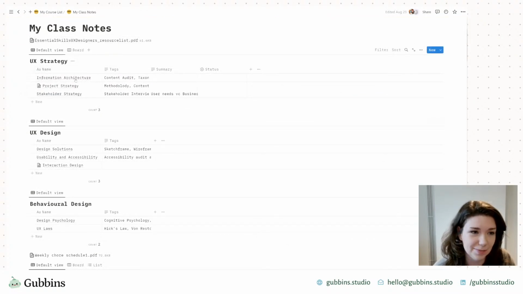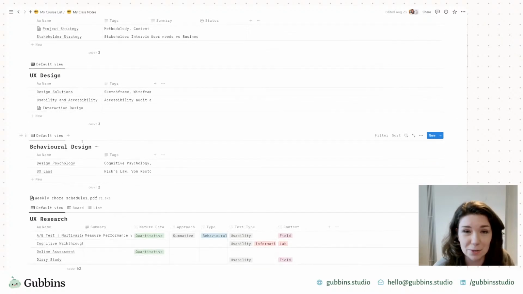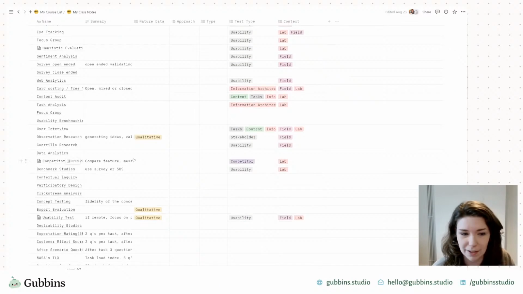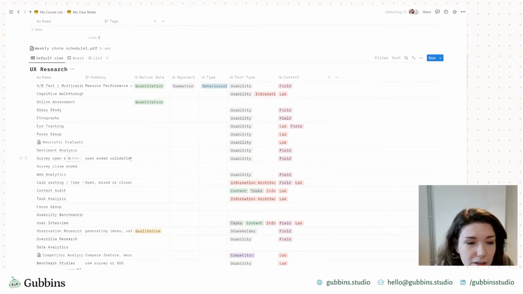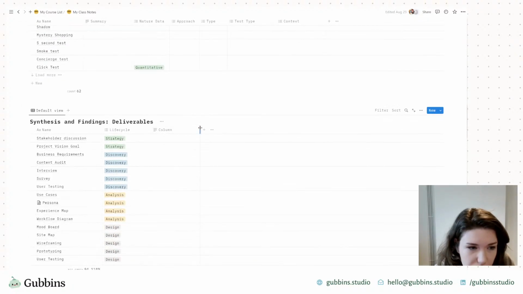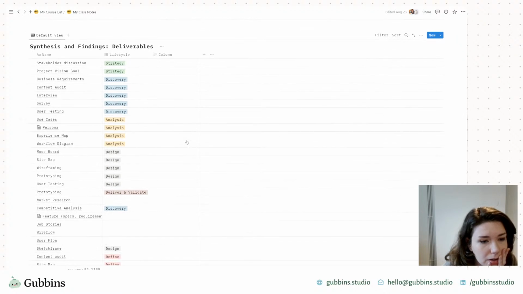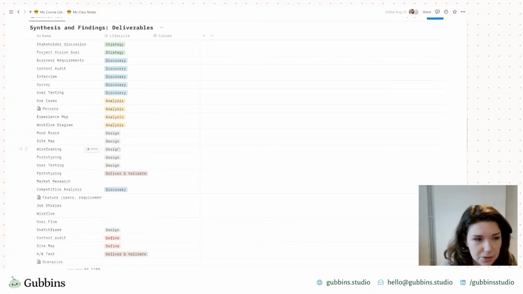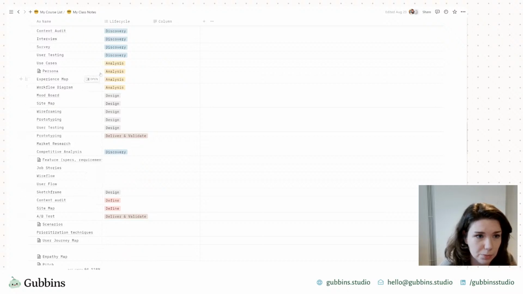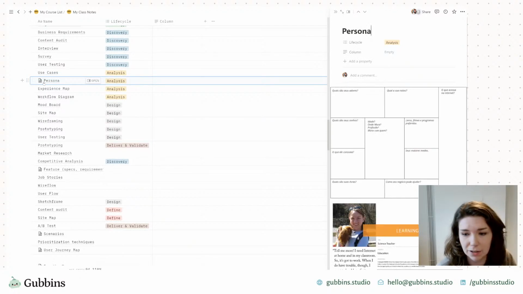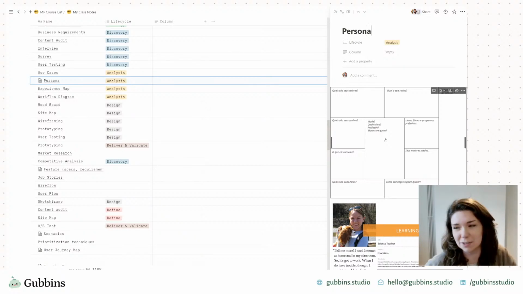So it's segmented into, as I said, all the different facets of UX. There's a lot in research. Wow. Okay. So all the different types of UX research, like all the different types of testing you can do, I assume, where you do them. Synthesis and findings, deliverables. Okay, so once you've done your research, then these are the different kinds of things you can produce. Some of them have more notes in. So within Notion, if you've got a particular row item here, then you can add notes within that topic. It's quite, I don't know if you'd call it nestable.